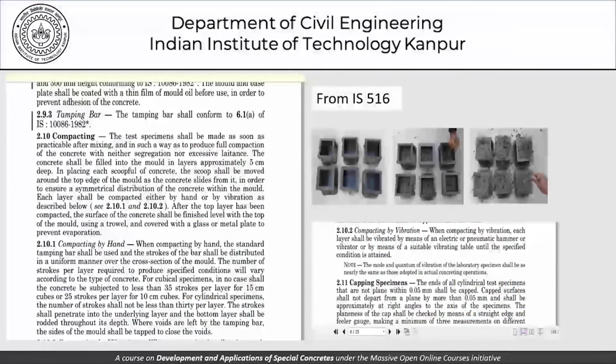Now, this is an example from IS 516, which gives you in great detail what kind of a tamping rod should be used, how the compaction should be carried out, if it is being carried out by hand, if it is being carried out by a vibrator, how the specimens should be capped. So there are a huge amount of details given here. 35 strokes per layer for 15 centimeter and 25 strokes per layer for 10 centimeter cubes. So these are the kind of details which are laid down as far as preparation of the specimen is concerned